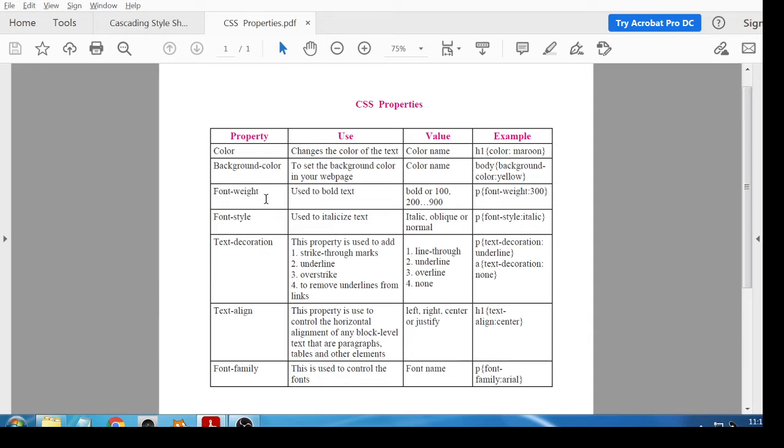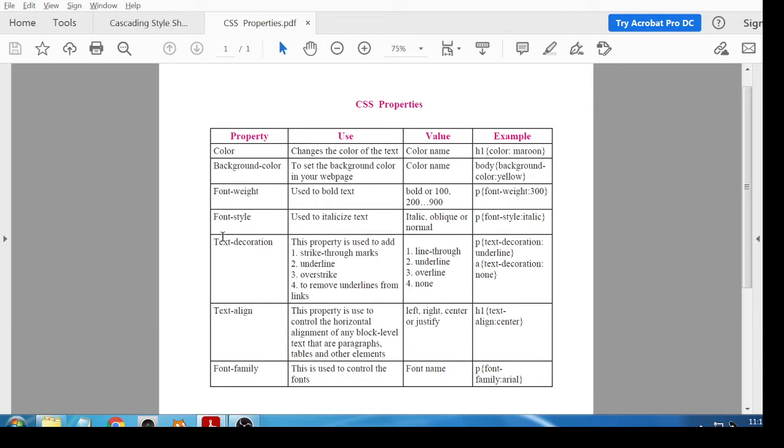Next one, font-weight, that is the boldness of your text. Next, font-style, here is a dash between font and style. It is important, that is the dash, not a space or any other characters.